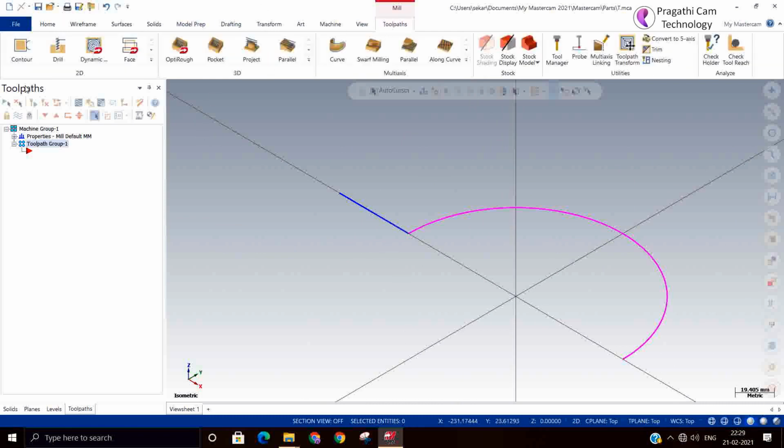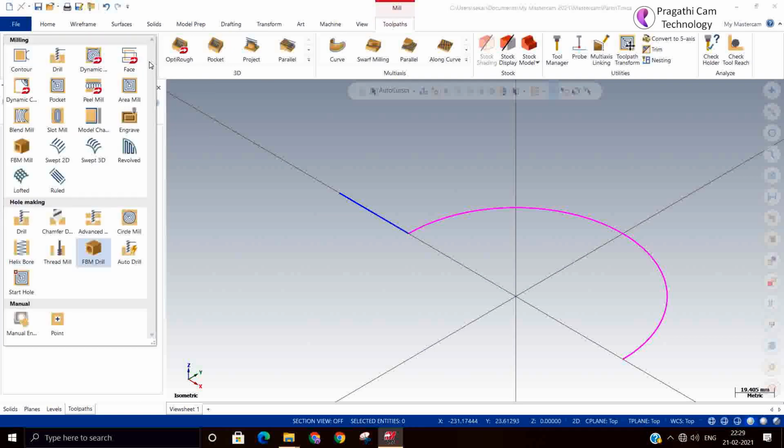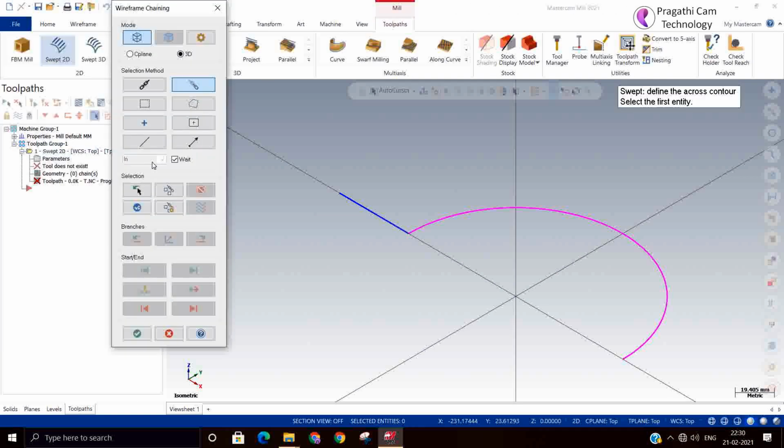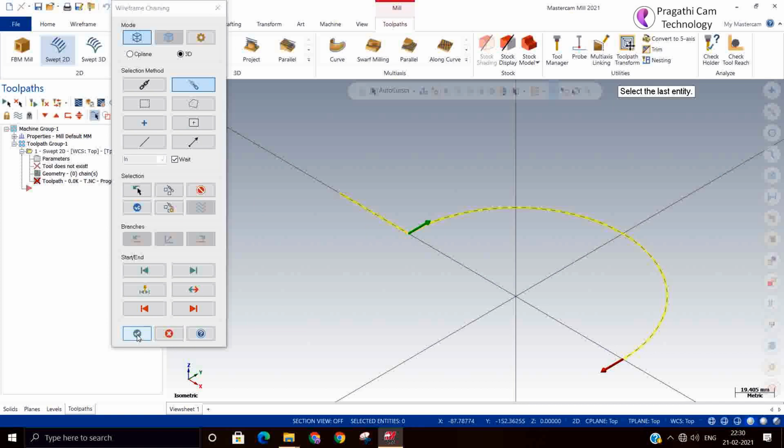Now I'll go to toolpath, 2D shape. It is asking me to define my across contour. I'll select that particular line and make a partial chain. Then it is asking for my along contour.